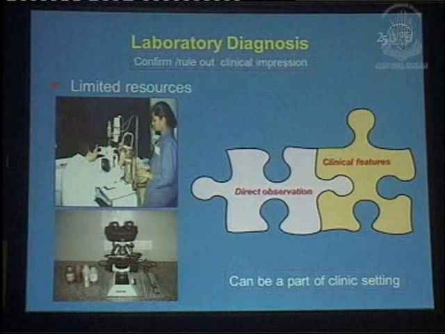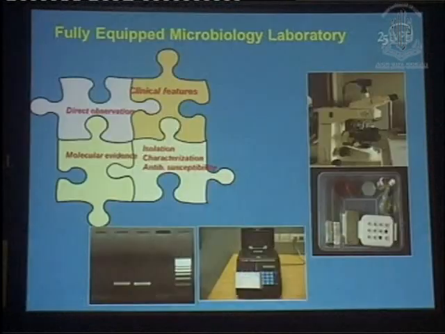So these minimum two things and a microscope, which is hardly 30,000. It used to be just 20,000. Now I think currently it is around 29 or some thousand. One can have it in the clinic, and you don't need a microbiology laboratory, and at least you can shoot for those 50% who you can be sure, before you start the treatment, are fungal. In a fully equipped microbiology laboratory, we would like to add to this direct observation method the isolation, characterization and antibiotic susceptibility of the organisms, and we also go for molecular evidence of the presence of the organisms wherever simple cultures are not possible to give all the results.